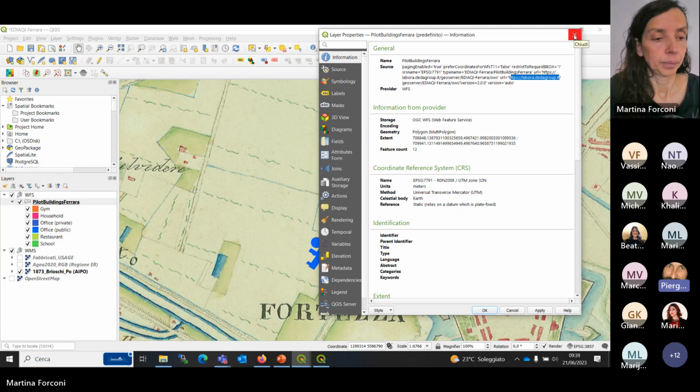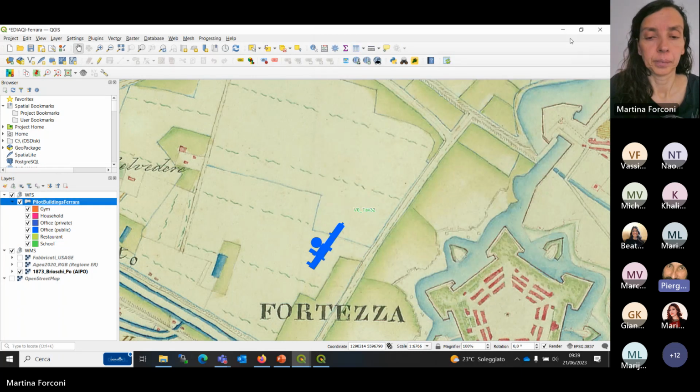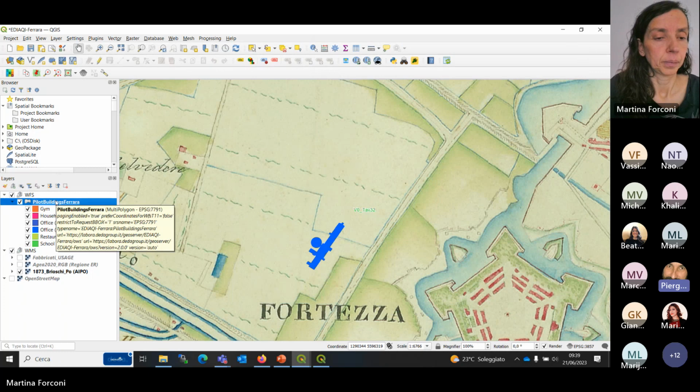And in this case, we not only have the geographical representation, so the graphical map, but we have data.